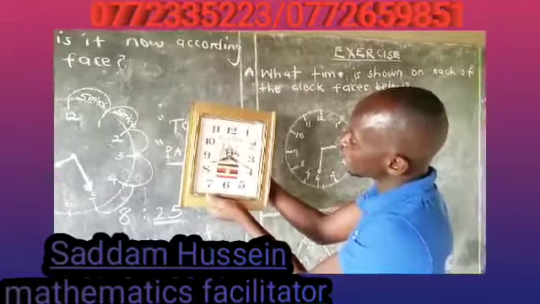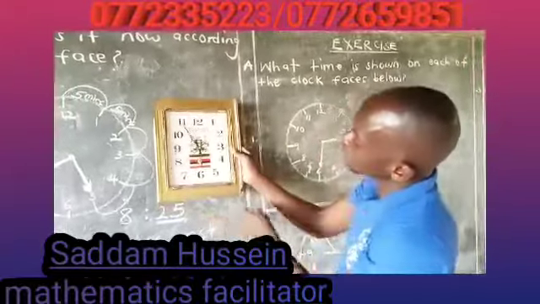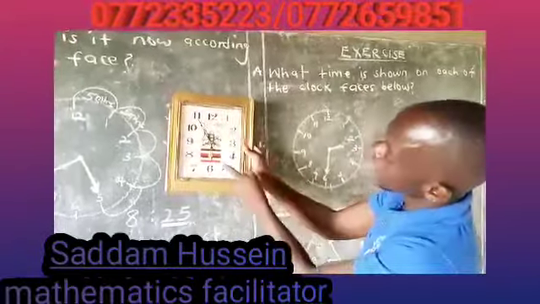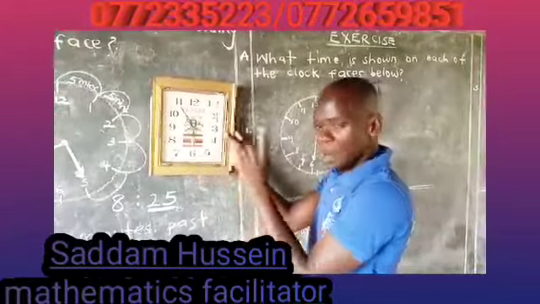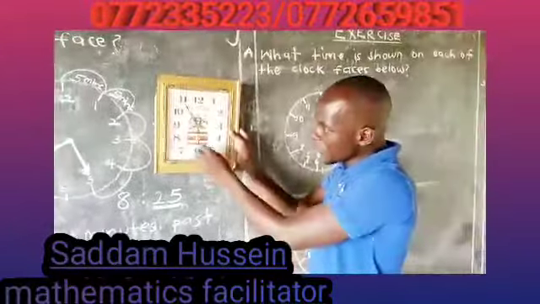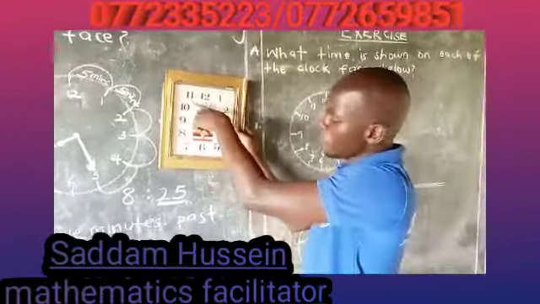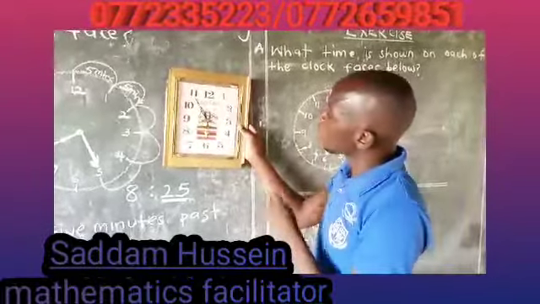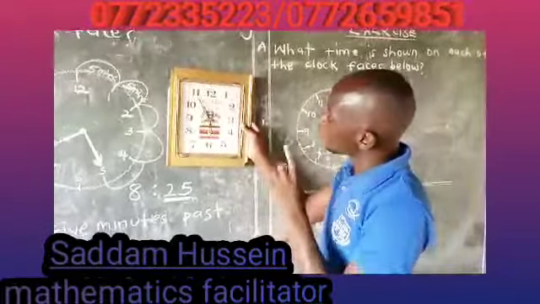Now, what is the time there? You realize that the minute hand this time is pointing at 55, and this hour hand is almost reaching 6. But if you look at the minute hand, it is also almost reaching 12 of the initial point. What does it mean? When you draw this line, you are going to read, remember I told you, read the one before. This one is not going to be on 6 exactly. It is going to be between 5 and 6, though it is almost closer to 6. But remember, it is 55 minutes. So the time here we are going to have 5:55.